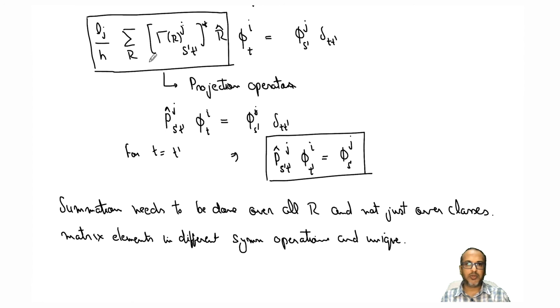So please go through it in more detail and see if you have any difficulty understanding the derivation part, and we will do a lot of examples so that it becomes very, very clear how to use the projection operator in different problems. We will be taking different examples and trying to obtain different linear combinations which are symmetry adapted. So we'll try to calculate the SLCs using different combinations, so that this is very, very clear. I think that is all for today. So we'll discuss some examples in the next class.